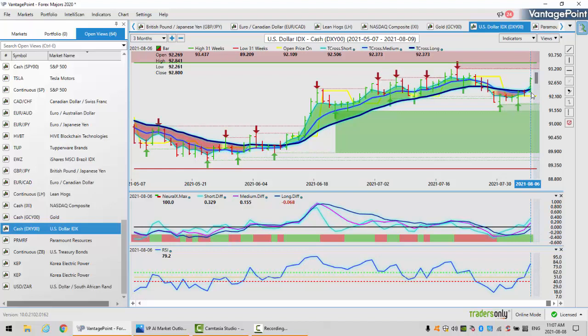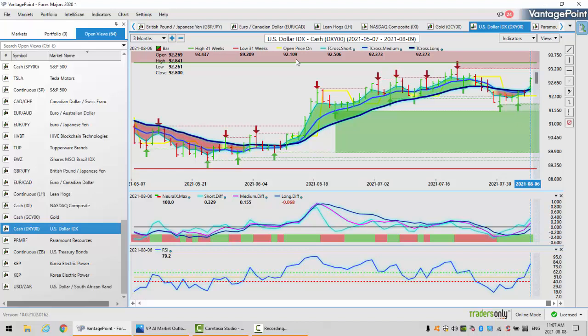So when I look at the dollar index right now, to begin the week, our key support level is 92.37. However, we can also assess here our yearly high is very close by at 93.43. Our yearly low, 89.20. The open price for the week is 92.10. That number will be adjusted automatically in the VantagePoint software on Monday. On Monday night's update, we will get a weekly opening price.